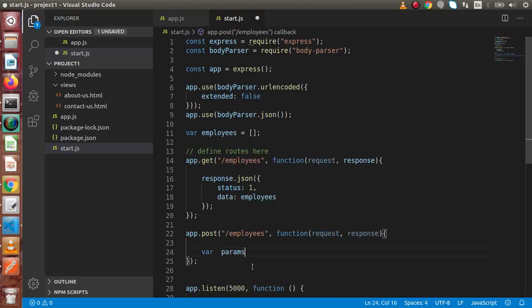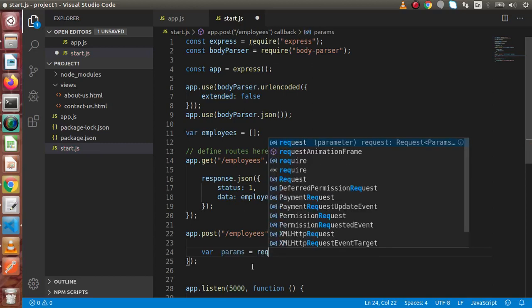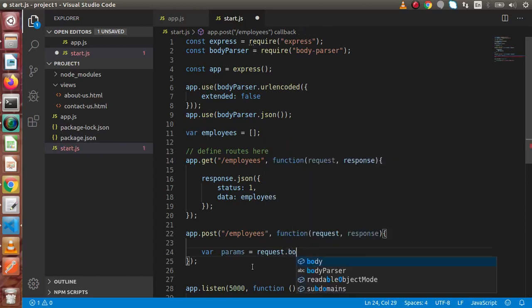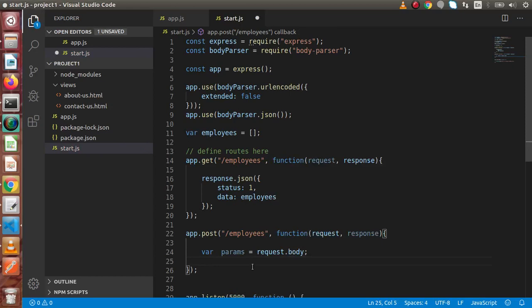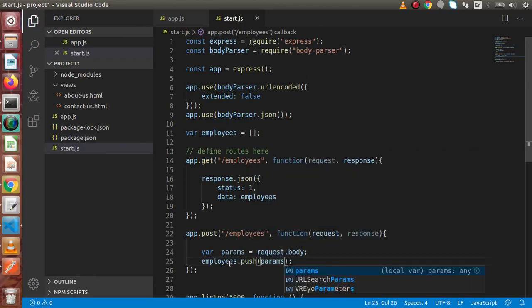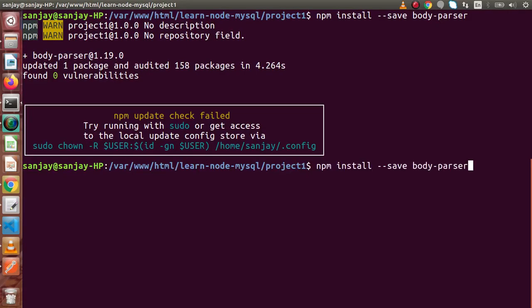So let's say params equal to request, and we are going to read our body parameters, and we are going to store all the parameters passed inside the body into this employees array. So copy that, employees dot push, and we are going to store all the values inside this employees array. If we save all these changes, first of all restart the server,